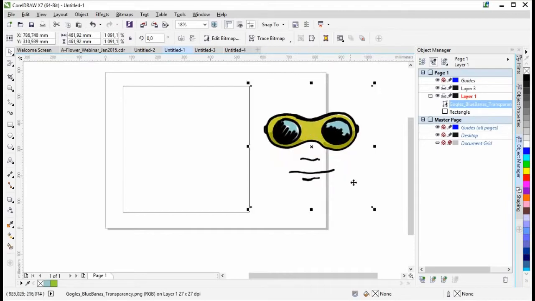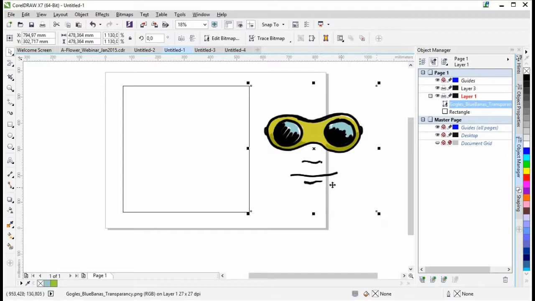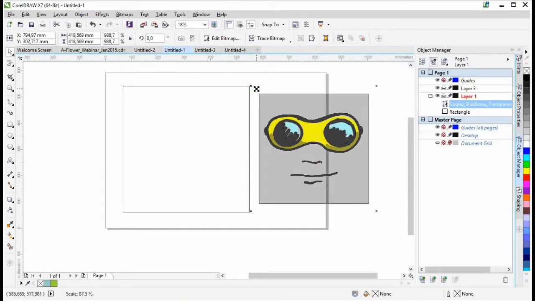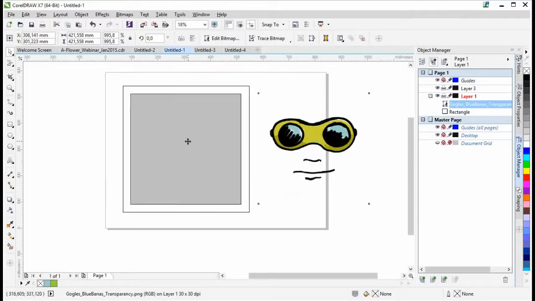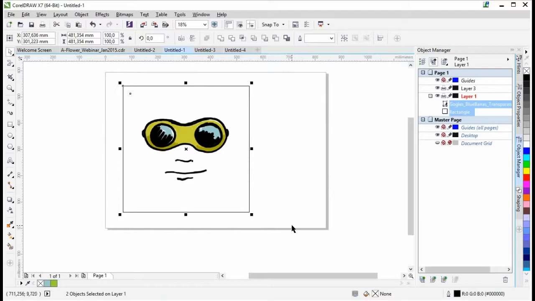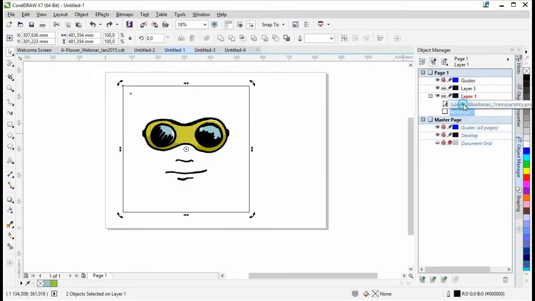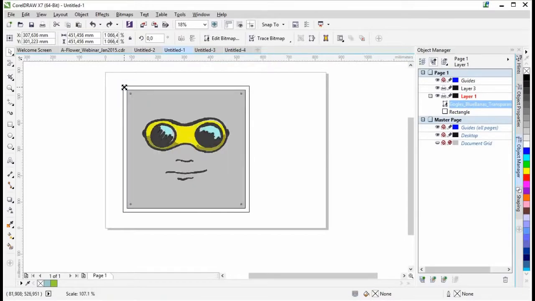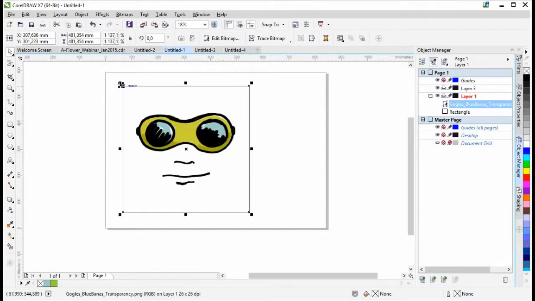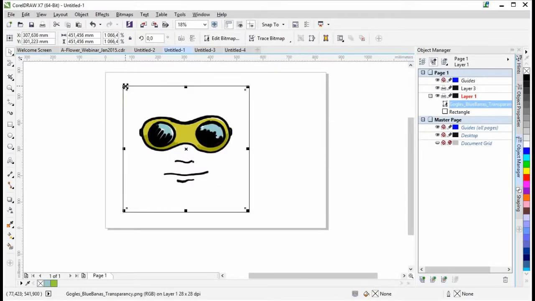It's not going to be that small if you're going to do an actual print, of course, but for the webinar anyway. So what I'm going to do now is I'm going to show you how to use PowerClip. So I'll click the Shift key and just make it a little bit smaller, and then I'm going to select both and then click C and E, making it center more in the middle. I'm going to take this one only, and then I'm going to Shift key, and then drag it up a little bit. I think that's a little bit too much. We can actually change that as we go